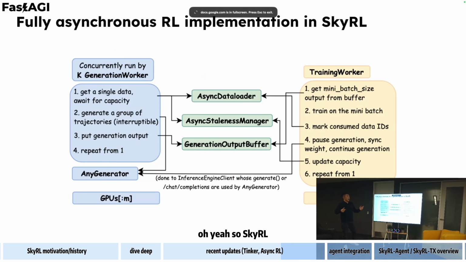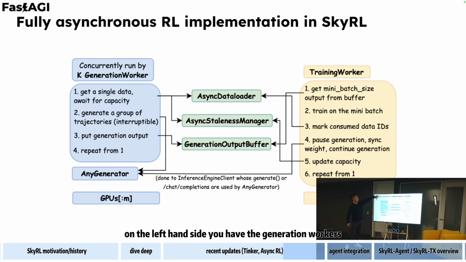So SkyRL is modeled after that implementation, and it is supported in SkyRL. This is a rough systems diagram. On the left-hand side, you have the generation workers. On the right-hand side, you have the training worker, which is kind of like the main loop. And in the middle, there's the async